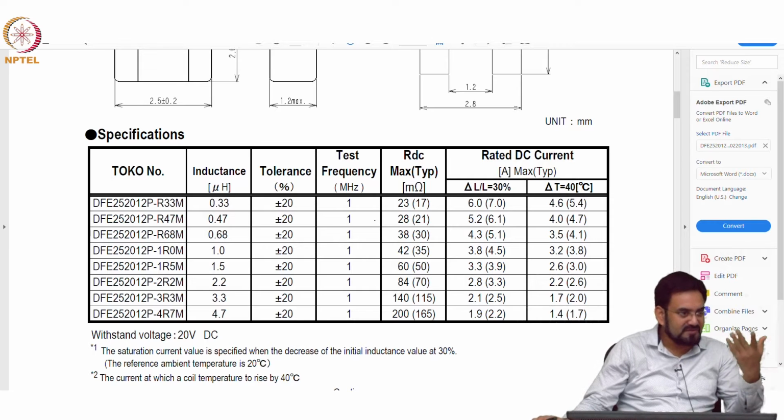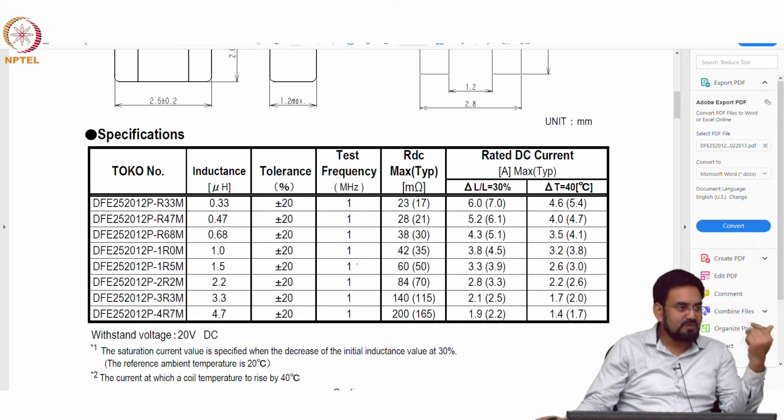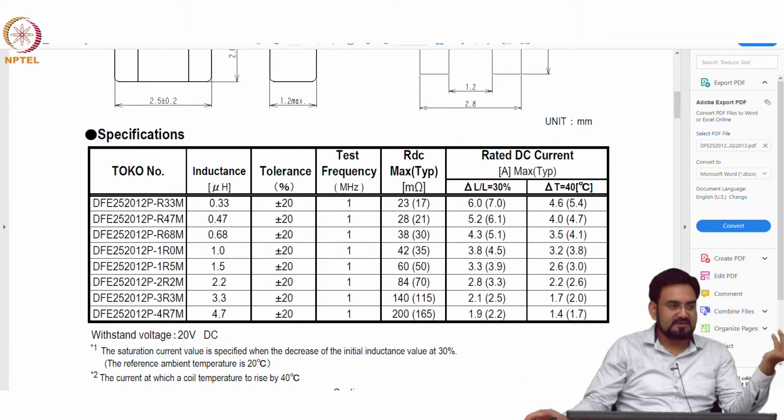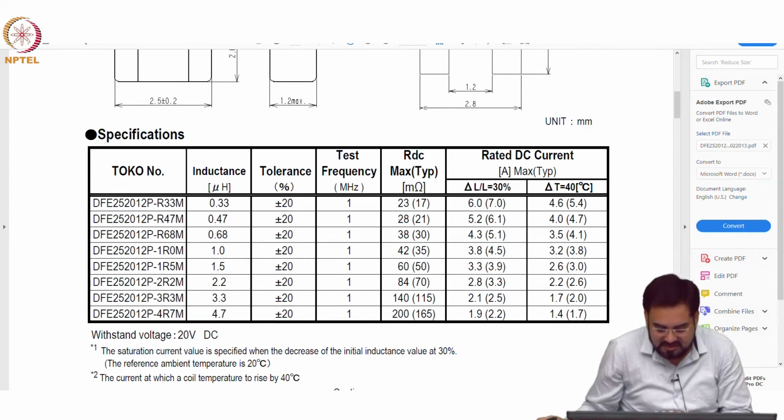Usually for those values of inductance you will not have that, but for 1 megahertz the value was 1.65 microhenry. So, 1.65 you can see here. So, the 50 milliohm we chose was for this particular one, but we kept the same for the lower values. It will not harm anything; your efficiency will look even better, because your conduction losses will be much lower in the inductor compared to the 50 milliohm DCR.